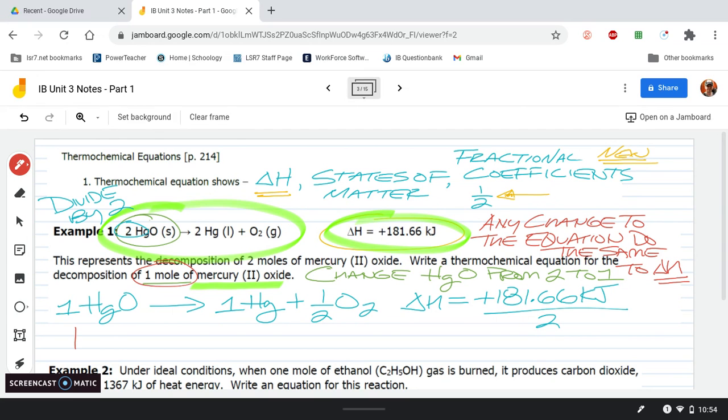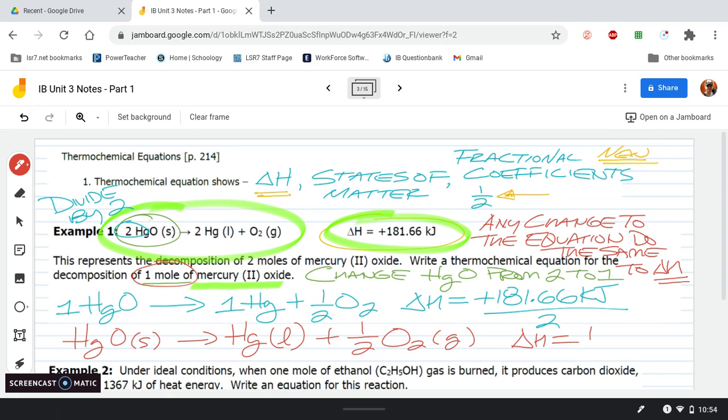So the final answer would be HgO as a solid, arrow, Hg as a liquid, plus there's that fraction, right? We said that those are okay now. 1/2 O2 as a gas, and then you have to have a delta H with the thermochemical equation. If you don't, that's a big problem. So we take the 181.66, we divide it by 2, we get